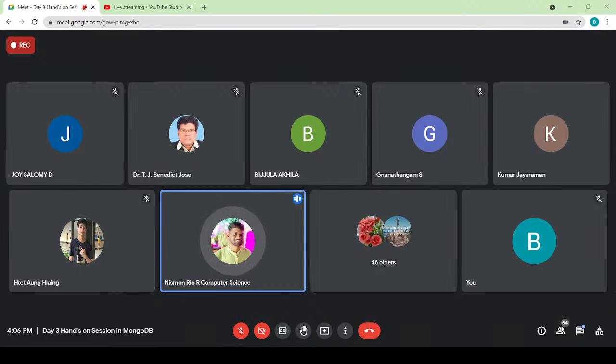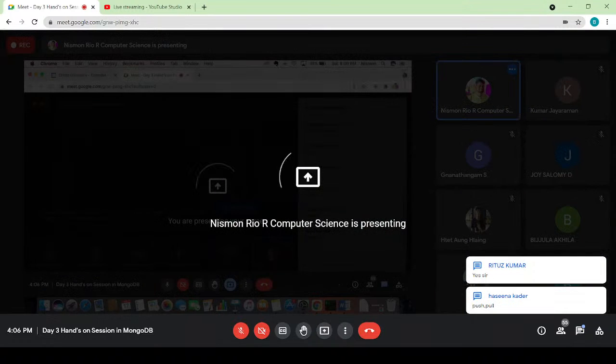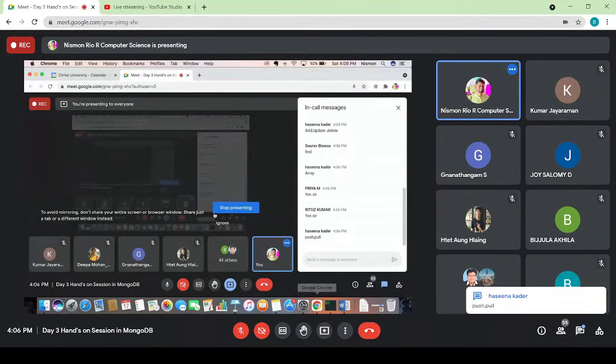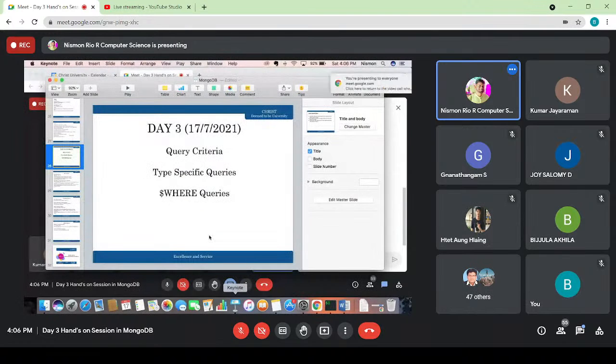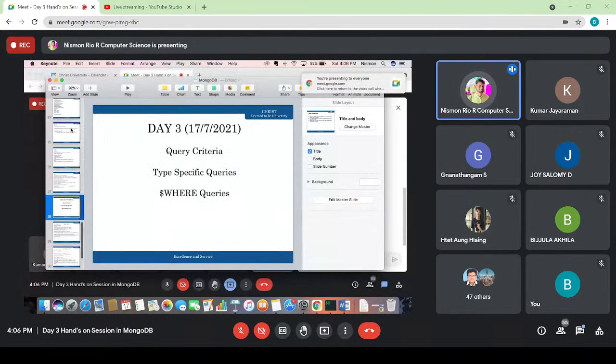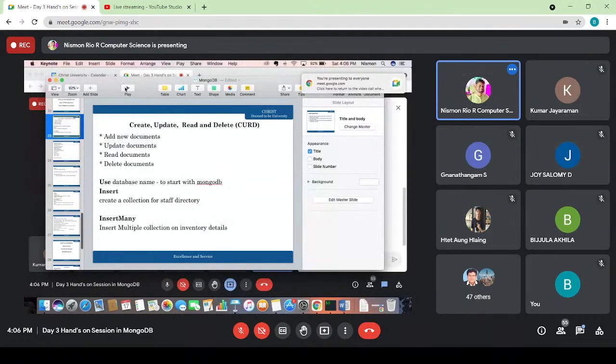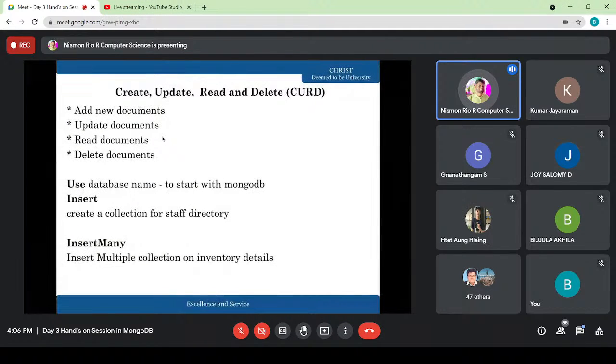Yeah, let me share my screen and quickly we will recap what we had covered in the last day of the session. Okay. I hope my PPT is visible, right? Okay, so quickly I'll just brief about the last day of the session. So in the last class, we discussed the basic operations which we perform in the MongoDB database, which includes